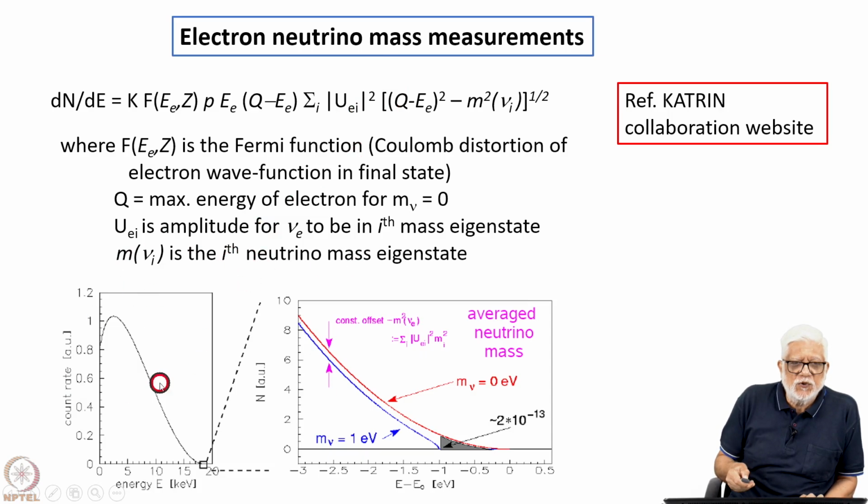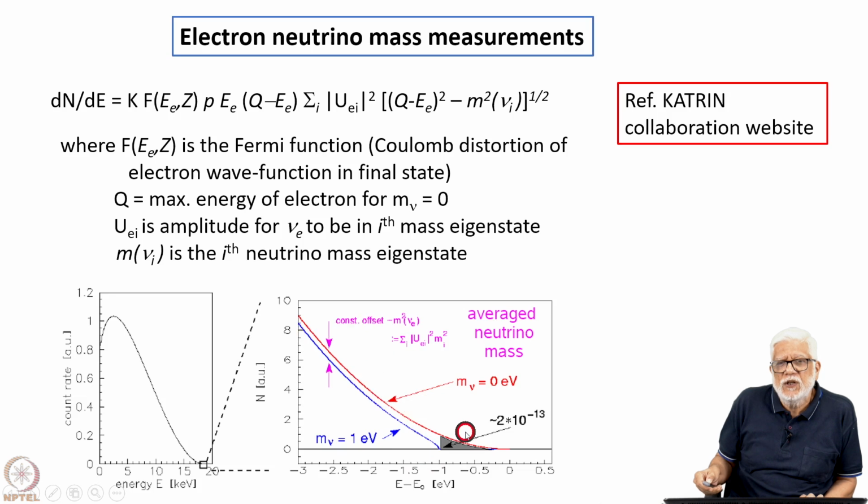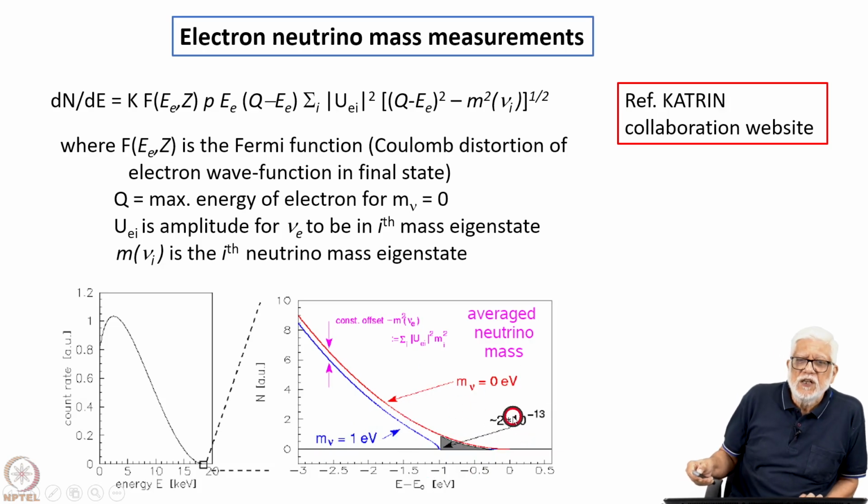So this is a spectrum which you will see with a finite energy resolution, and if you do the same plot and blow up this part of the spectrum, then for m_ν equal to 1 electron volt, this is the blue line that you get, and if m_ν is 0, then of course you get this red line. The blue line is for 1 electron volt, and the total number of counts you expect if you have m_ν equal to 0, for instance, is only